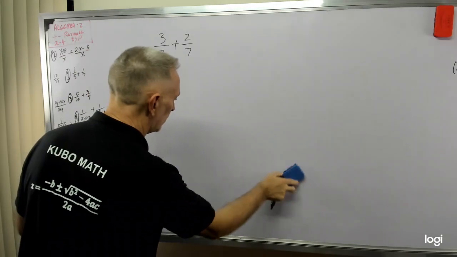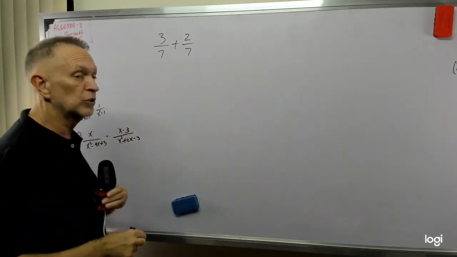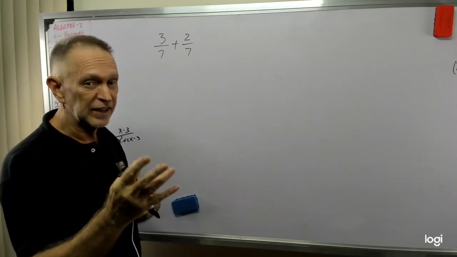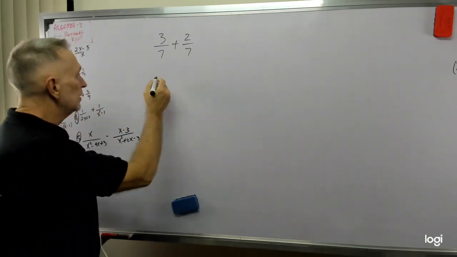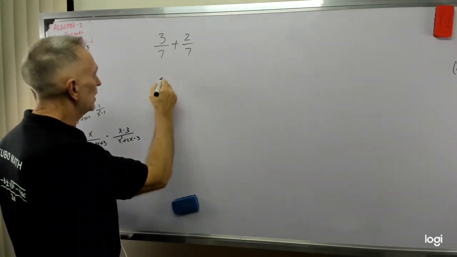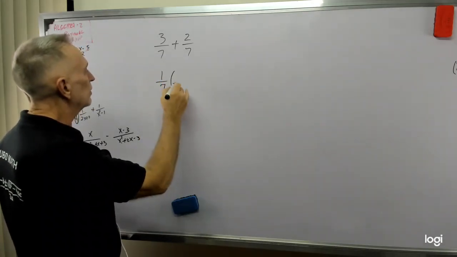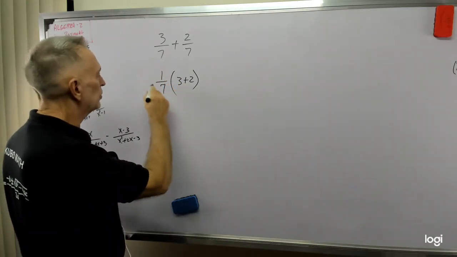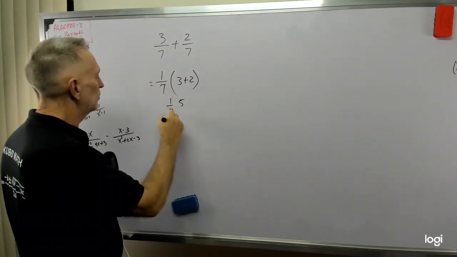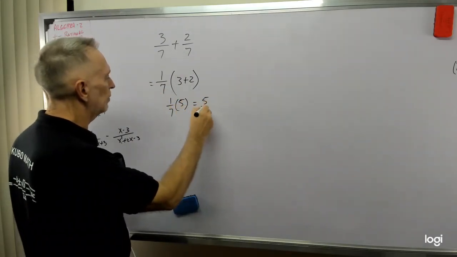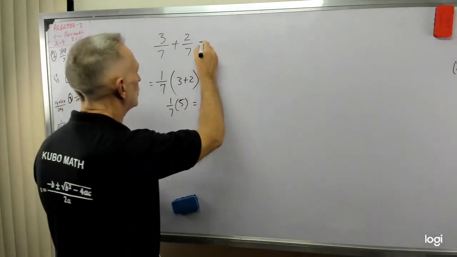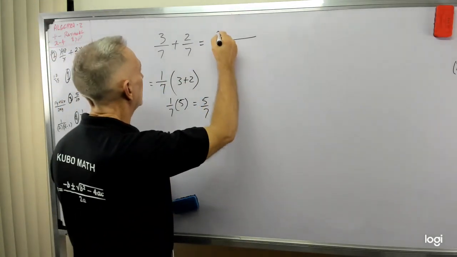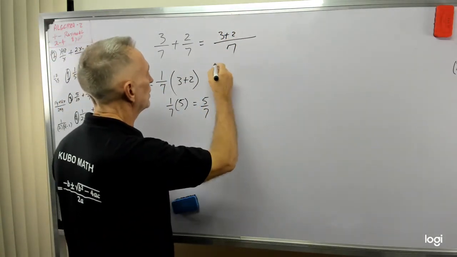Okay, so we have a fraction here, 3 over 7 plus 2 over 7. And you're thinking, well, that's 5 over 7. Yes, but how can we do that? Well, there are several ways. We could say let me factor out a 1/7, and that's 3 plus 2. So 3 plus 2 is 5 times 1/7, and that equals 5 over 7. Or we could just say we have a common denominator of 7, and now 3 plus 2 over 7 equals